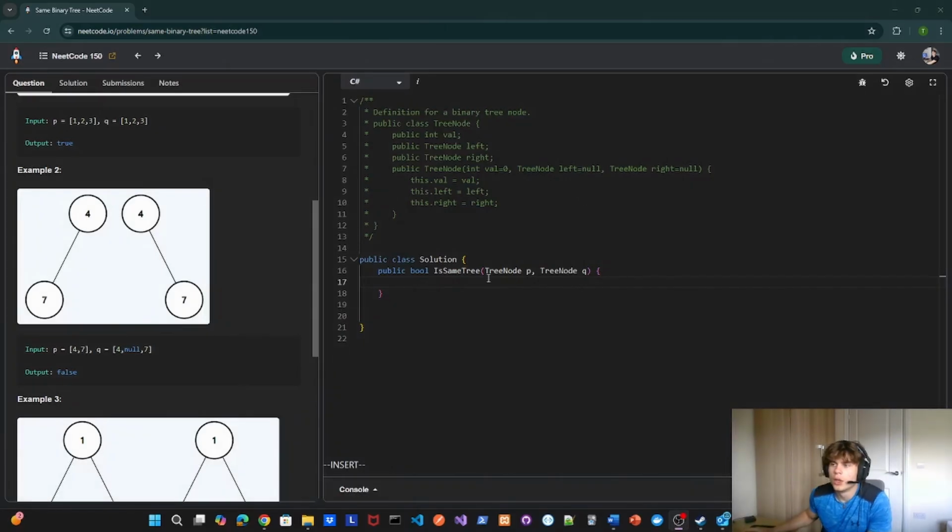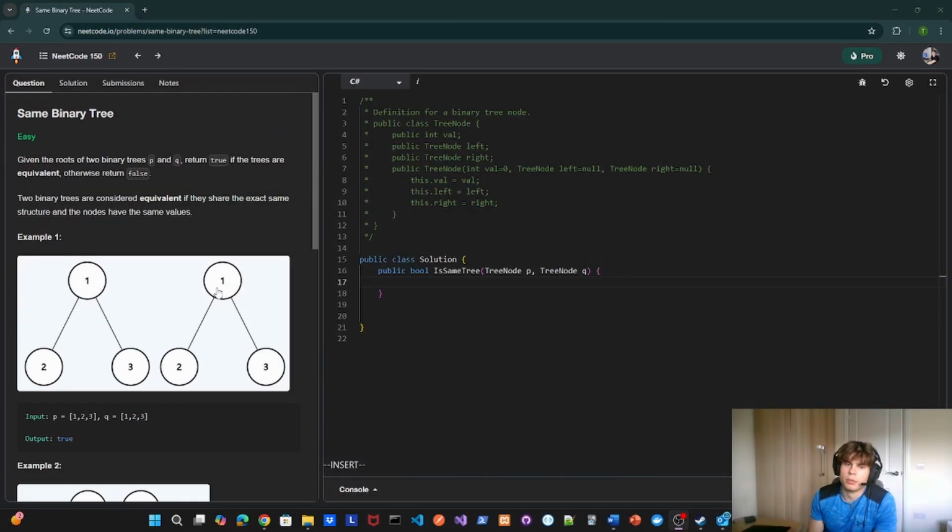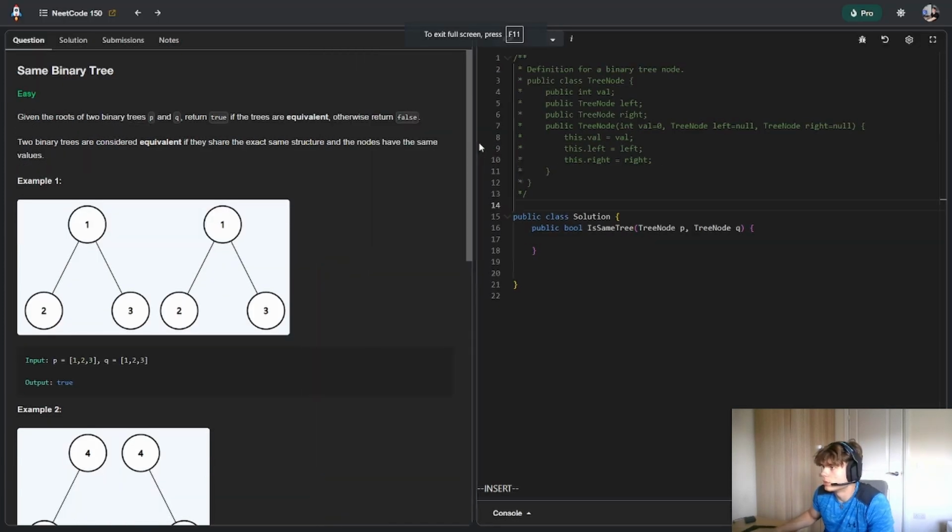Yeah, day number 16, and we are going to be solving the question Same Binary Tree. So, we're going to have a quick go, read the question, see how we do, and yeah. Okay, so